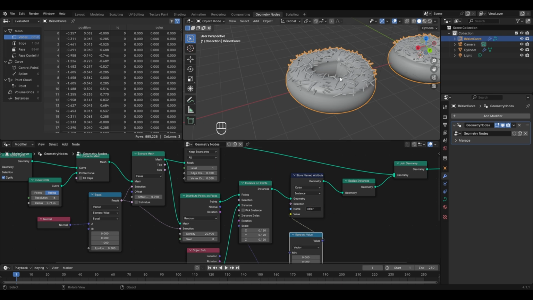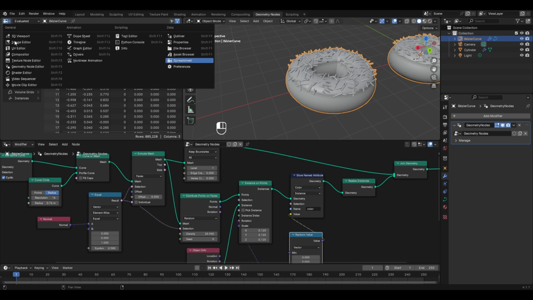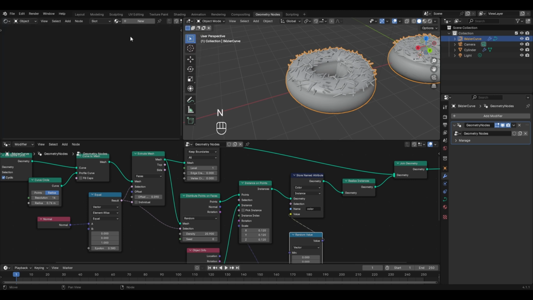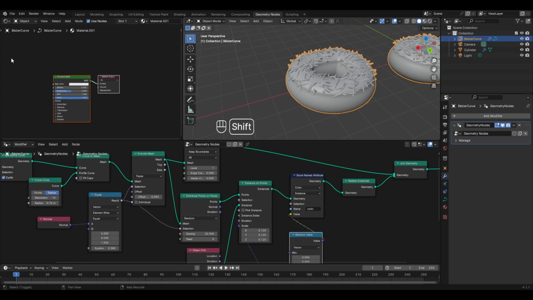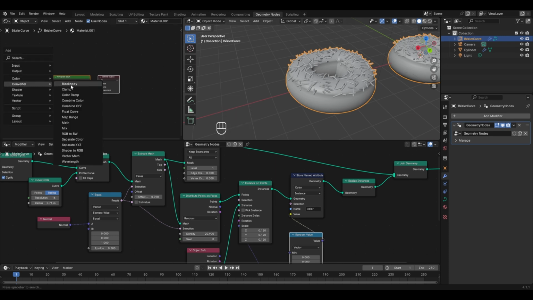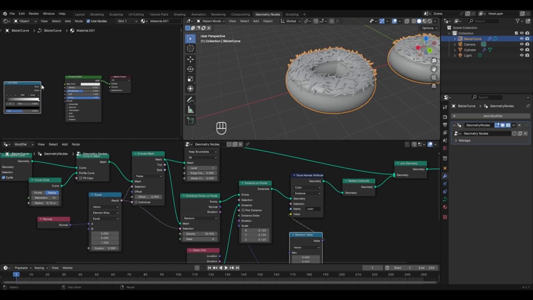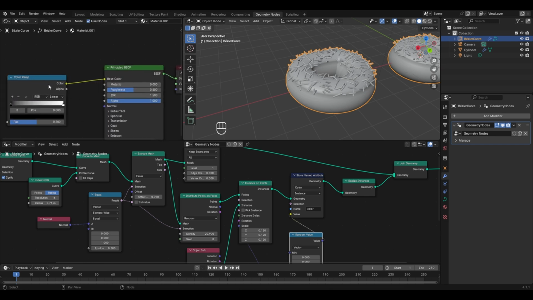Now to give these sprinkles some material, I'll change this to the shader editor. So click on this icon and select the shader editor. To give it a new material, click on the new button. Now to give some colors to the sprinkles, let's add the color ramp. So press Shift plus A, go to converter, select the color ramp. Let's place it over here and connect it to the base color in the Principled BSDF. We'll be using this color ramp node to assign different colors to the sprinkles here. Also, we'll change the interpolation from linear to constant so that we can add different colors here without blending them with each other. Now to view the colors of the material, let's go to the render preview mode.